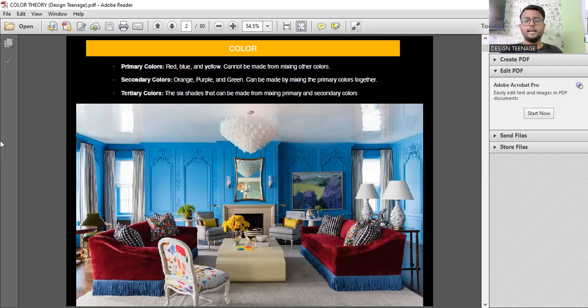These are the three colors obtained by mixing two primary colors. Tertiary colors are the 6 shades made from mixing primary and secondary colors. So one primary and one secondary, when mixed together, form the tertiary colors. These are the three divisions of colors that we have here.